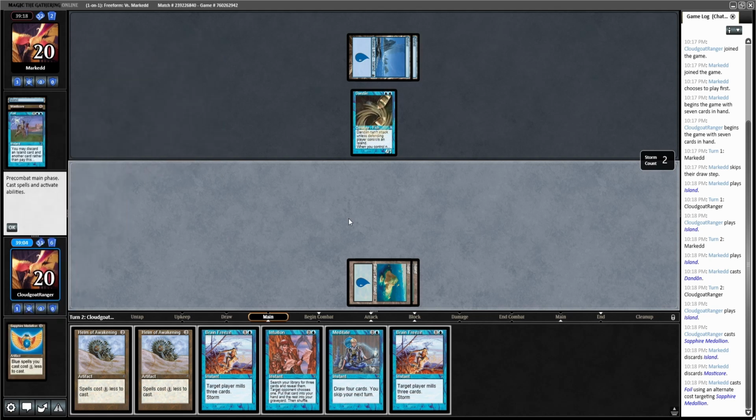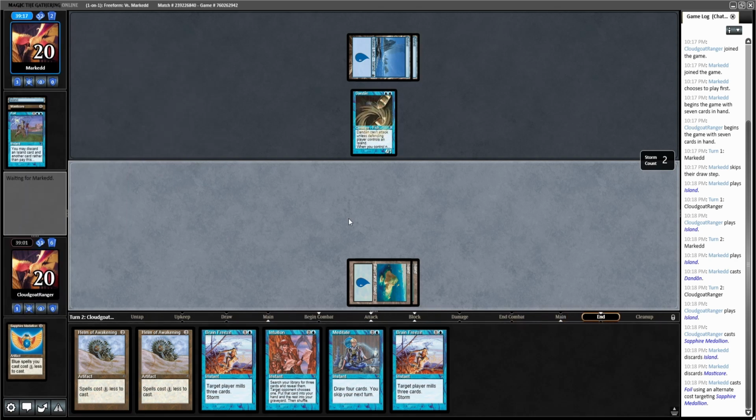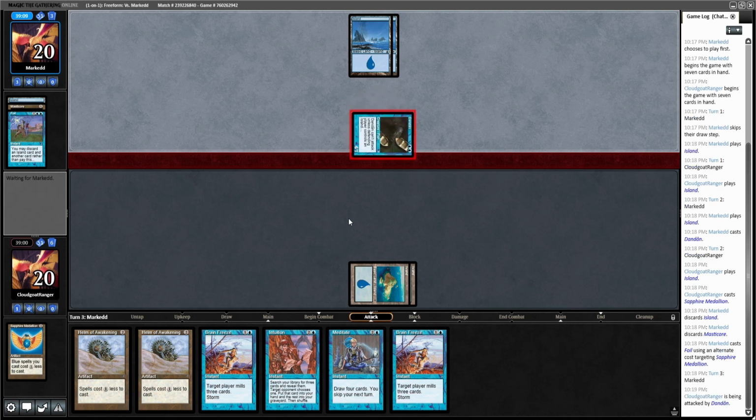So it seems like he's on a little bit of a different plan where he's kind of changed his position, where he's not just a super slow stasis, like he's trying to make things work in different ways. So he's got a 4/1 in play, and that looks pretty good right now. He's only got 3 cards in hand, so